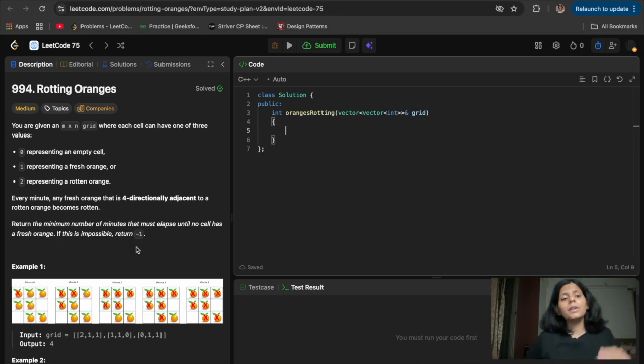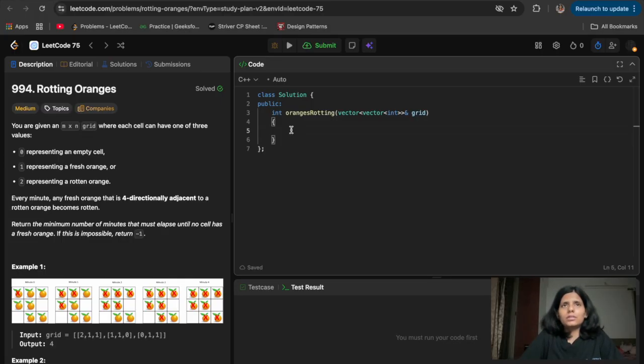Basically, we have rotten oranges, and all the rotten oranges will start rotting the fresh oranges which are beside them, and this process will continue until we have covered all the cells.